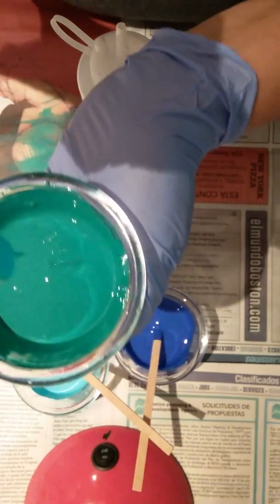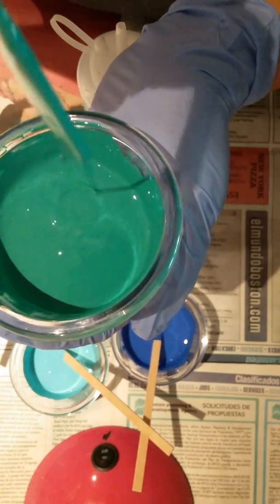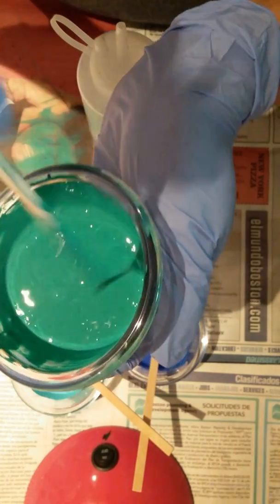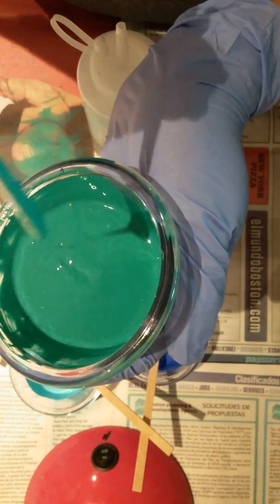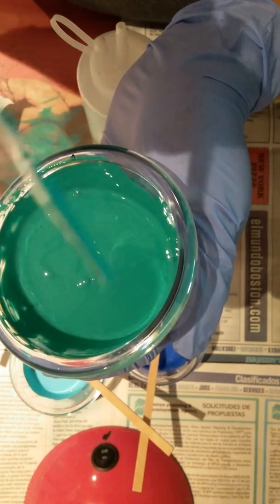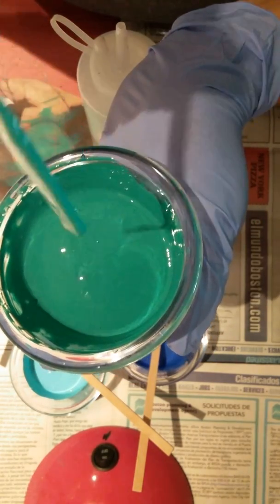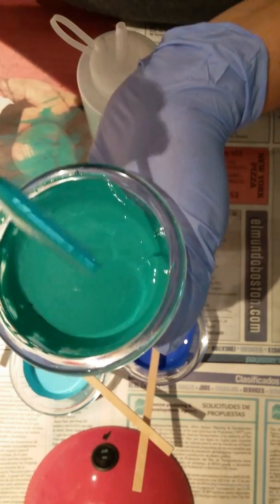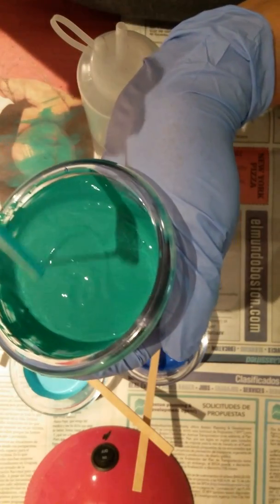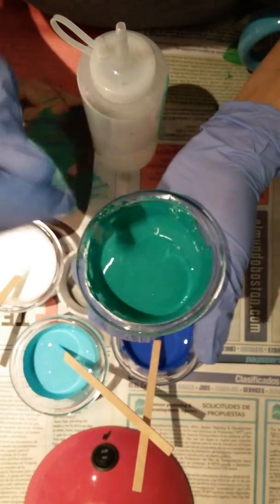Okay, let's see. If you can see it, let me see. Let me tilt it this way. It still has a little bit of a mound. See? I mean, the consistency is almost getting there, but if you guys see, the mound is really not that big. So depending on which, you know, your project is,